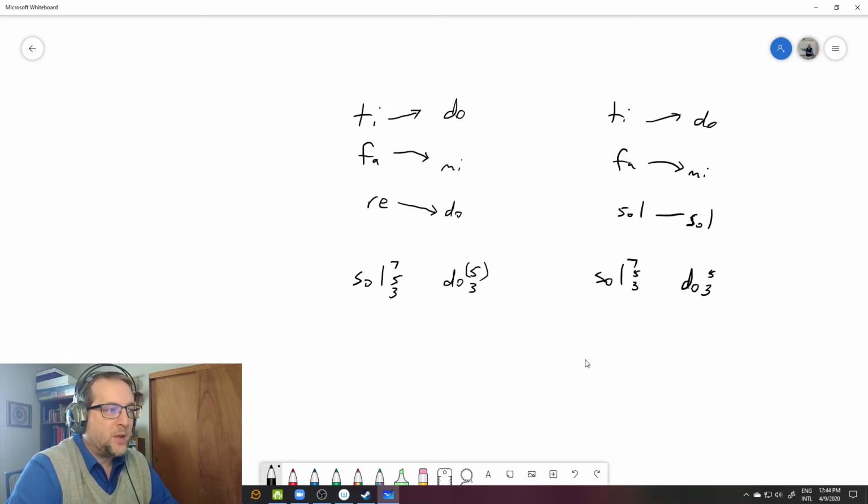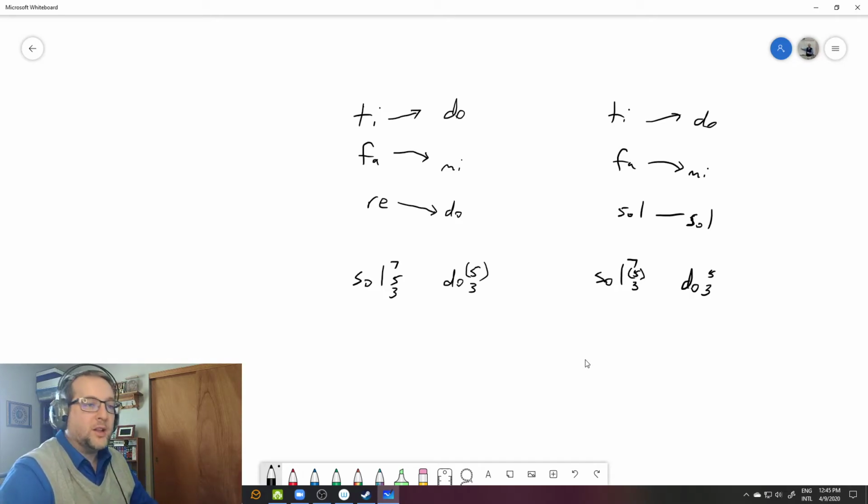In order to make that happen, I had to put in the other altizans. I don't actually have the fifth of the dominant seventh. And so in a four-voice texture, this is how you see dominant seventh chords resolving: there will either not be a 5 above the sol, or there will not be a 5 above the do. And the easiest way to write dominant seventh chords and resolve dominant seventh chords is to remember your different zans